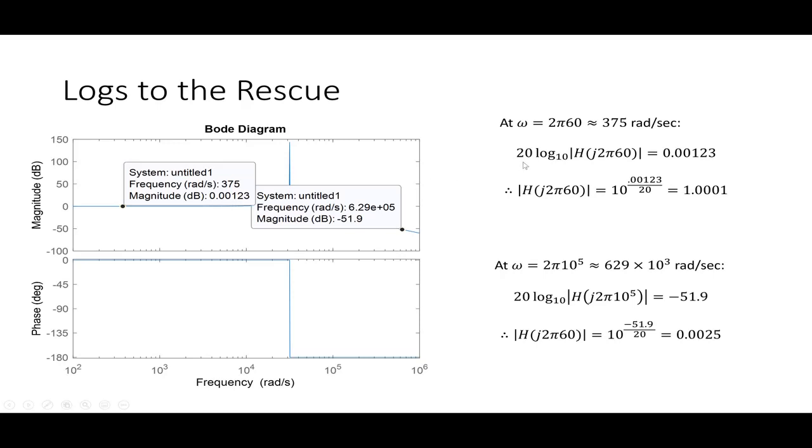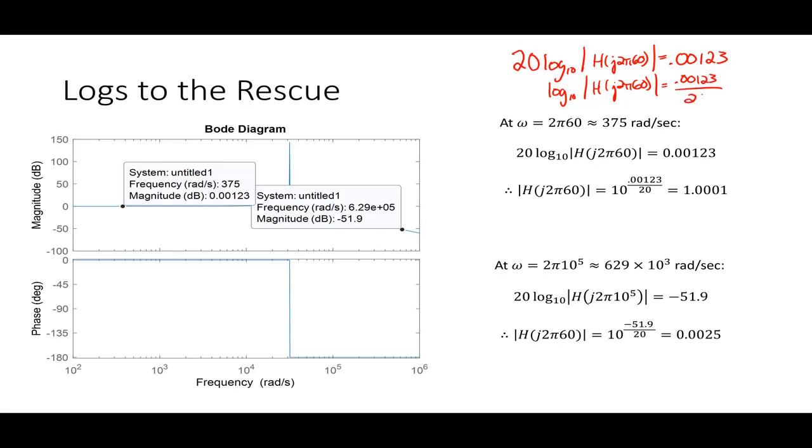Okay, so what that means is 20 log of the true magnitude at that frequency is 0.00123. So to get that back, in this case, what I have is 20 log 10 of |H(j2π60)| is equal to 0.00123. So that means that the log of |H(j2π60)| is equal to